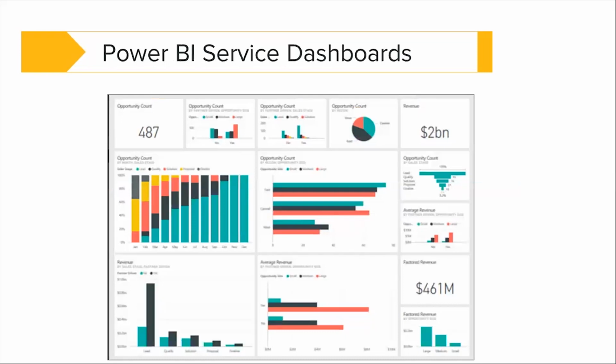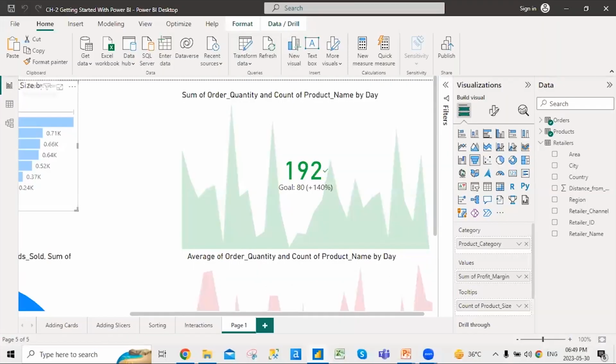Now, there is something which is called Power BI service dashboards. Power BI service dashboards are kind of similar to what we create as Power BI reports. But the Power BI service dashboards are basically for the service builder wherein we publish the data. So this way, if I am adding a slicer over here, or I'm adding a chart